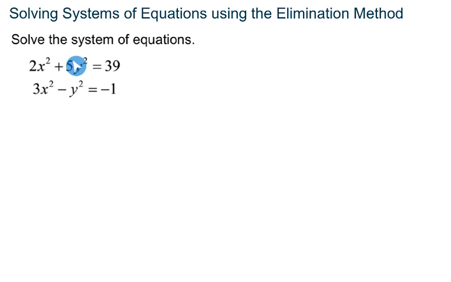So notice this is organized. We have our x squared terms, our y squared terms, and our constants. Having them organized is going to be very, very important. So depending on how they're given, you may need to rearrange. In this case, it's obviously presented in an organized fashion. So let's look at what we're dealing with and try to determine how many solutions we think we're going to